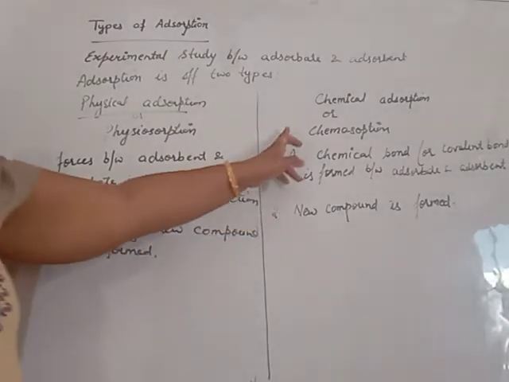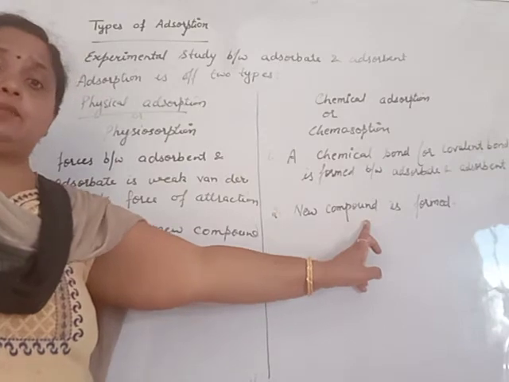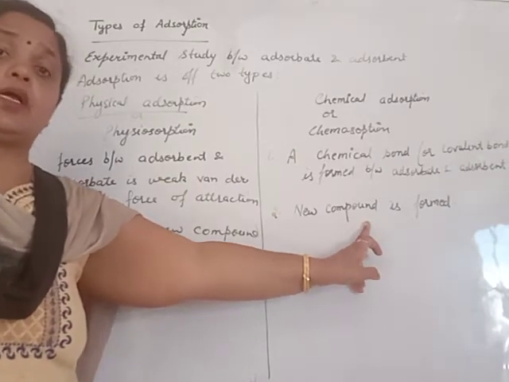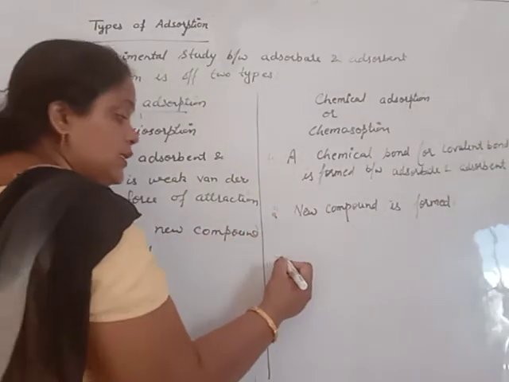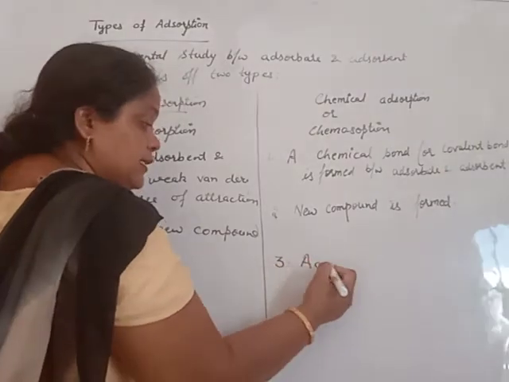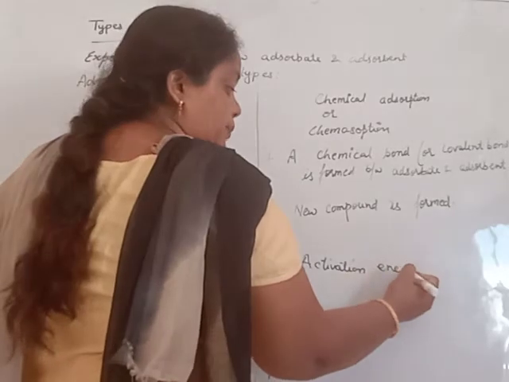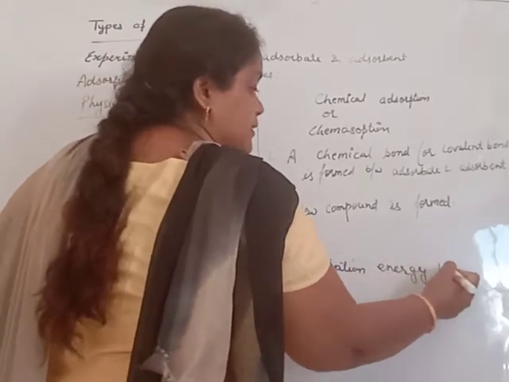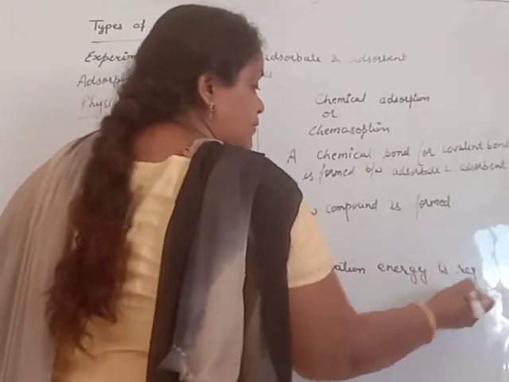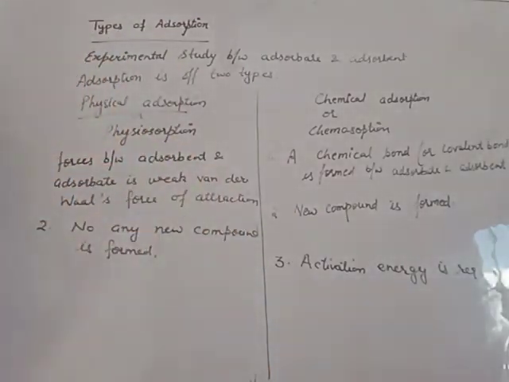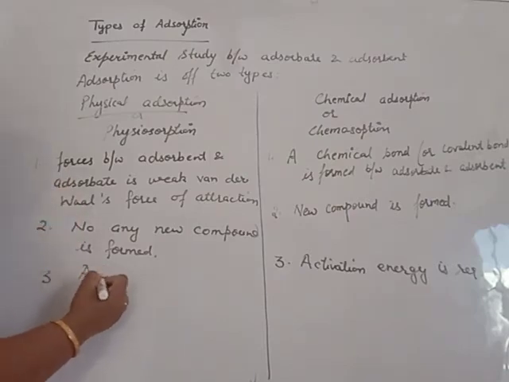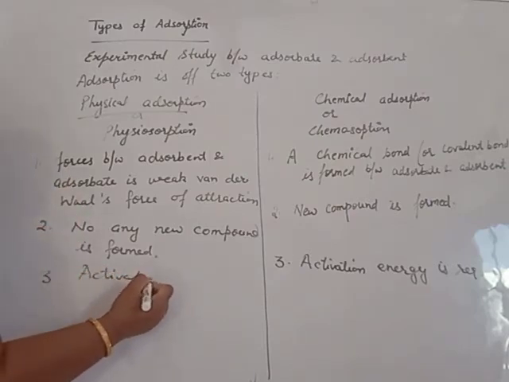Beta, if chemical reaction takes place, a new product is formed. That means activation energy is required. In this case, activation energy is required because chemical reaction takes place. Without activation energy, chemical reaction does not take place. In this case, chemical reaction does not take place, so you will directly write activation energy is not required.